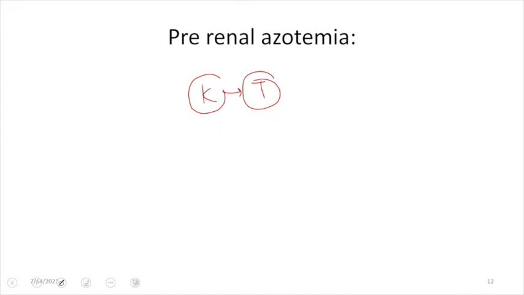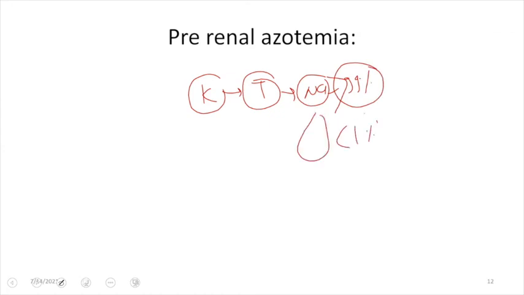As the kidney, the function of the tubule is to reabsorb the sodium, and we know in our day-to-day scenario, more than 99% of sodium is being absorbed by the tubule into the blood, and in our urine, less than 1% of the sodium is being excreted in the urine, and this is known as FeNA. So this is known as fractional excretion of sodium, and in our day-to-day scenarios, the fractional excretion of sodium is less than 1%.